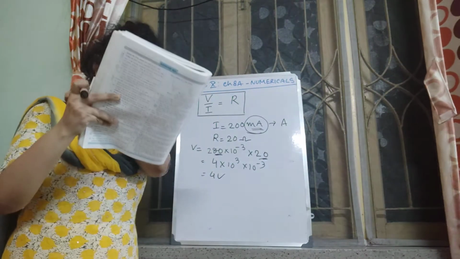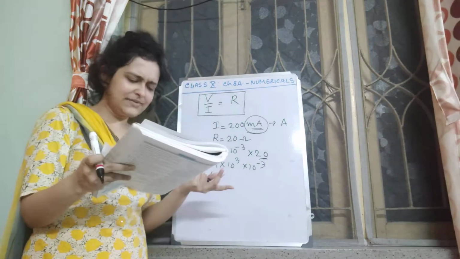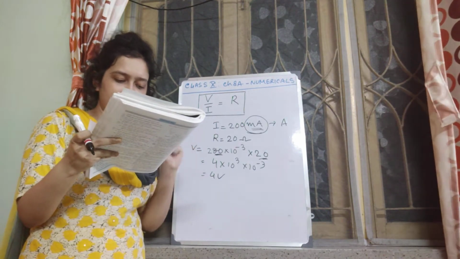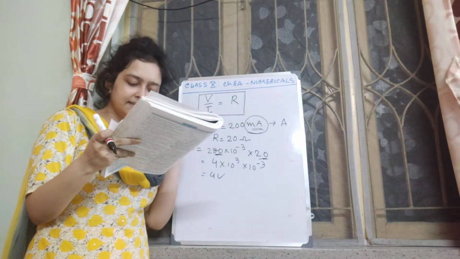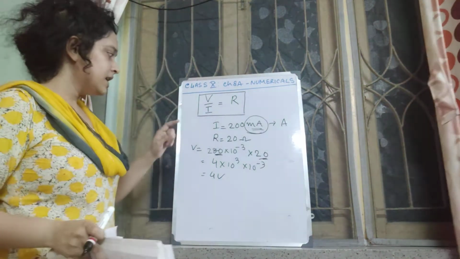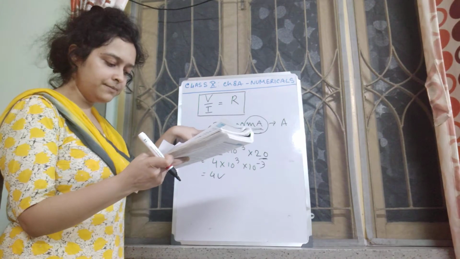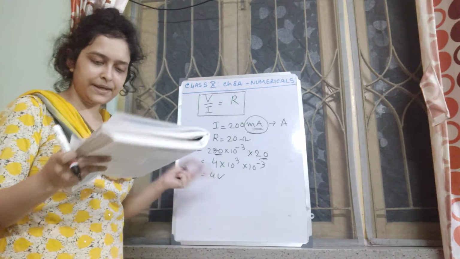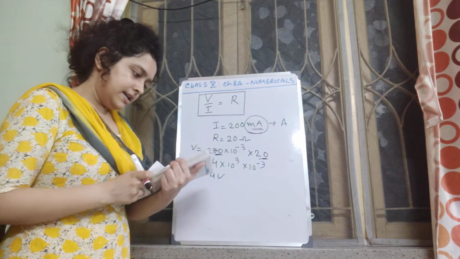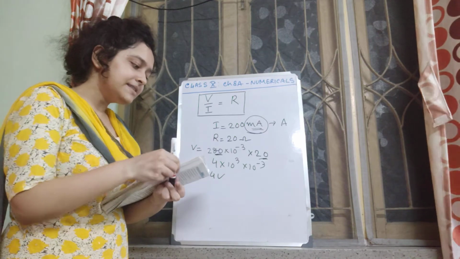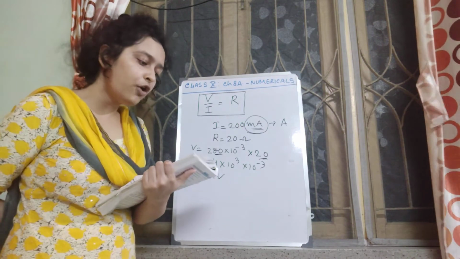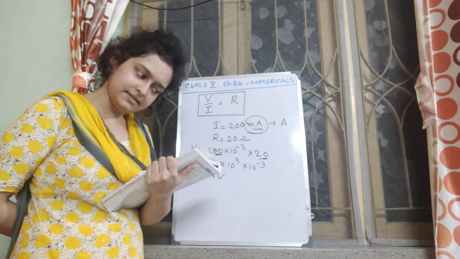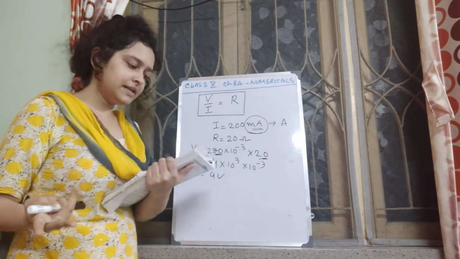Okay. Now, another one, this is very easy, number 4. An electric bulb draws 1.2 ampere current at 6 volt. So if current is given 1.2 ampere, V is given, how can I find the resistance? V by I, simply. Number 5, a car bulb connected to a 12 volt battery draws 2 ampere current when glowing. So what is the resistance? Very easy. V by I, simply, you will get 6 ohm.